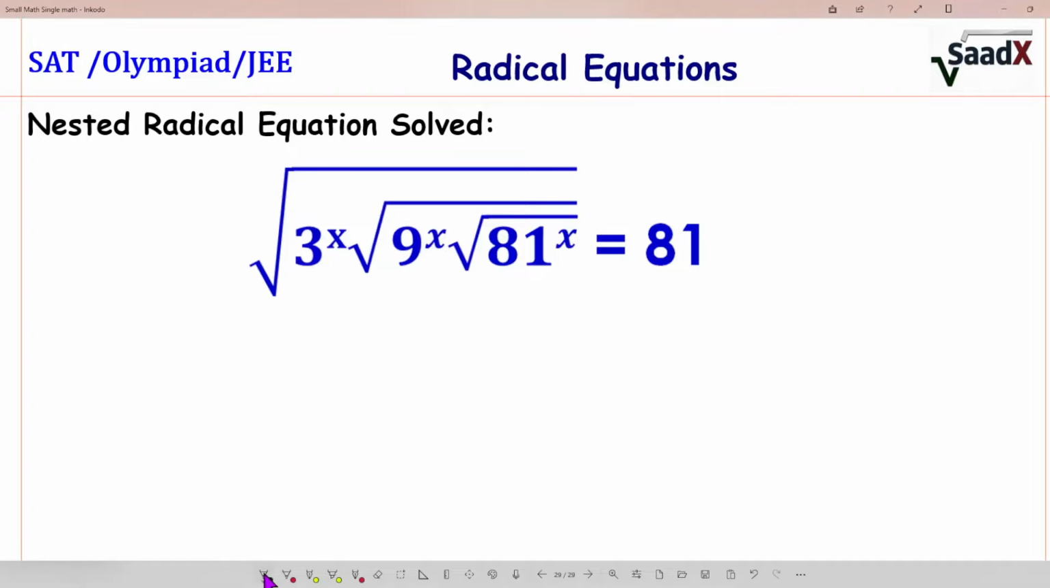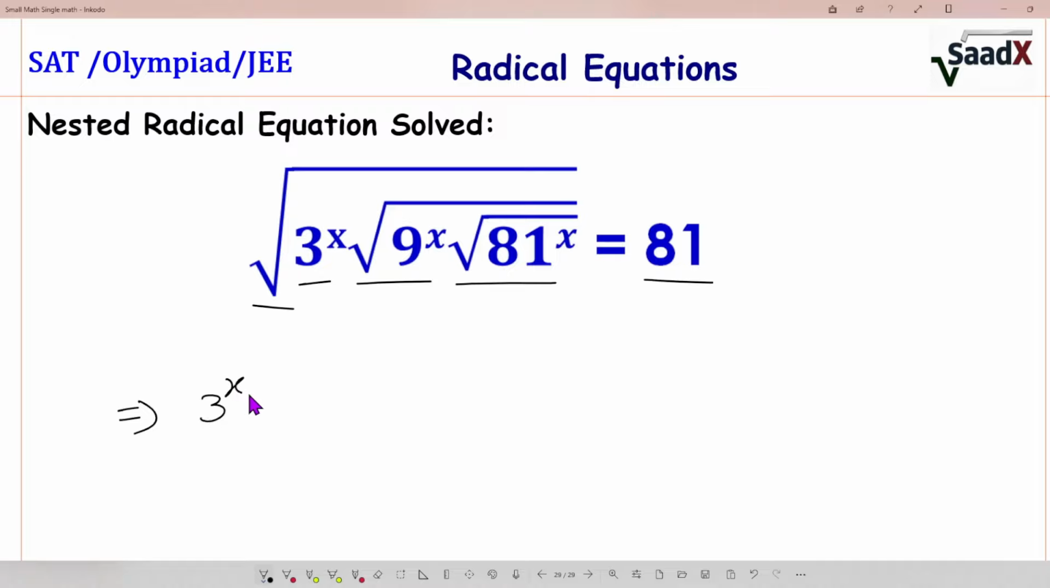Welcome to SAT X. We are going to solve a nested radical equation. Root over 3 to the power x times root 9 to the power x times root 81 to the power x equals 81. So first,